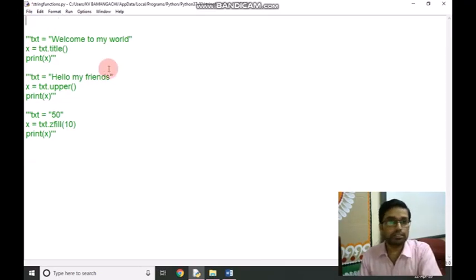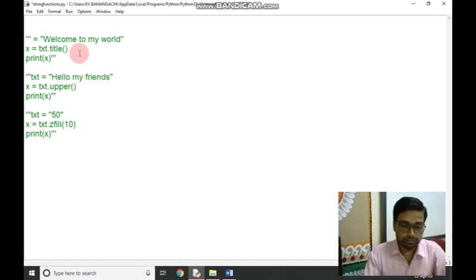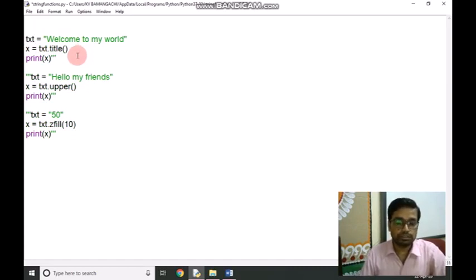Next function is title. Txt.title will convert the first character of each word of the string into uppercase. Here we have given "welcome to my world". All the words except welcome are in small letters.